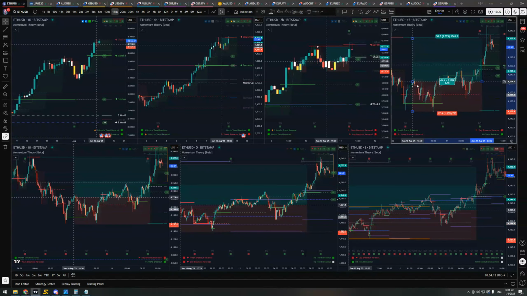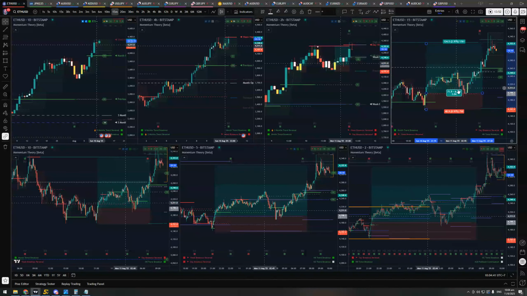I did say that there was probably going to be some resistance at the daily open. I think I mentioned that. Whenever I see the daily open, I'm always kind of aware of that. It's not really a level that I plan for, but very often I do notice that price gets stuck at that daily open, and that did react right there, came back down, and